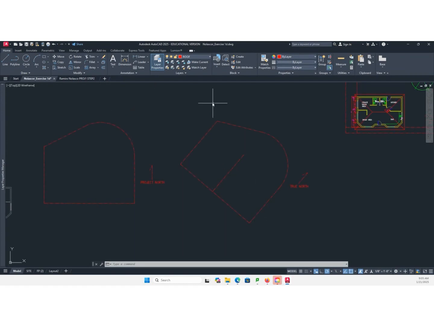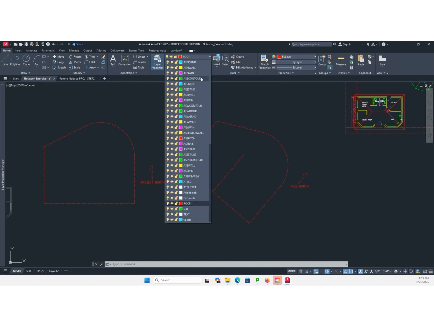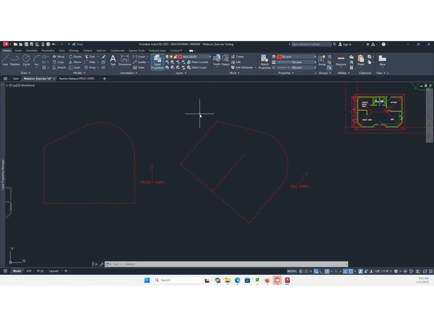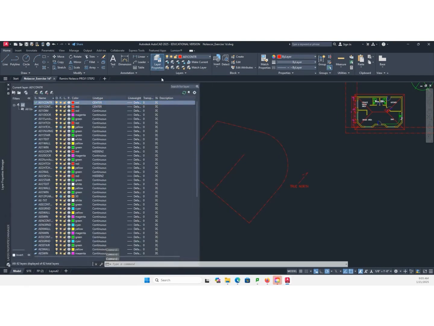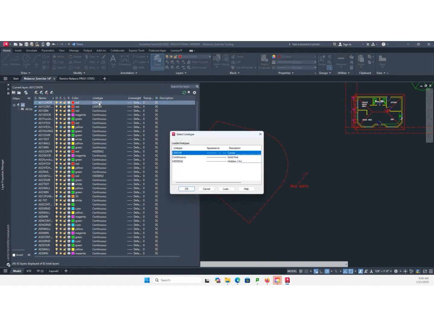So what we want to do is build our property line by going to our A01 contour. You can create a site layer, depends on how you would like to work on this. Okay, A01 contour, type LA for layers or turn on the layer palette. And on that contour, you want to change this. Remember, this is Imperial. You want to change the line type to center.